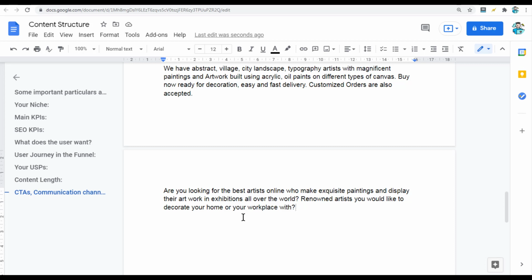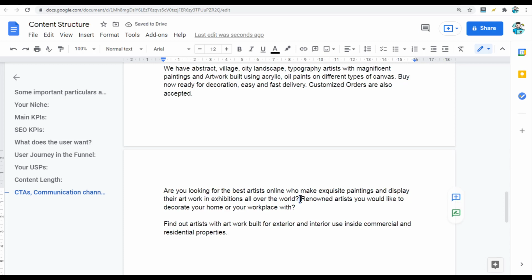So find out artists with artwork built for exterior and interior use, commercial interior use, inside commercial and residential properties.